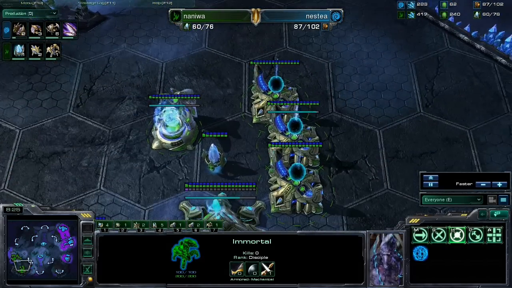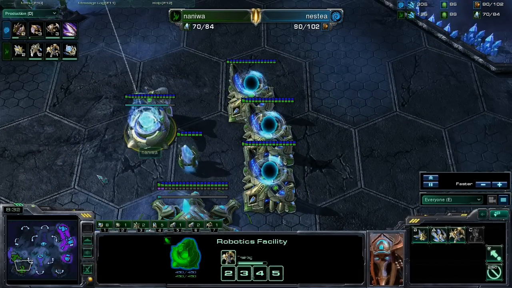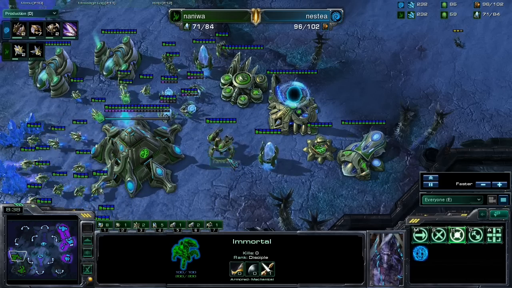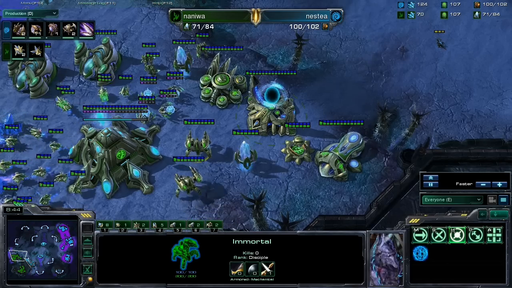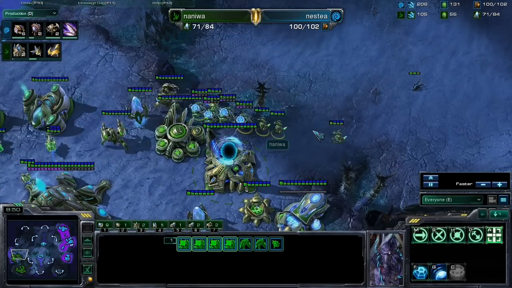Maybe this Immortal is indeed just for those certain timing pushes that we do see coming out of any Zerg player, because they do intend to do Zergling Roach all-in plays and such on 2 bases, which tends to be pretty useful against Protoss. But anyways, we do have 171 in favor of NesTea right now, and looks like, oh, Naniwa is indeed gonna